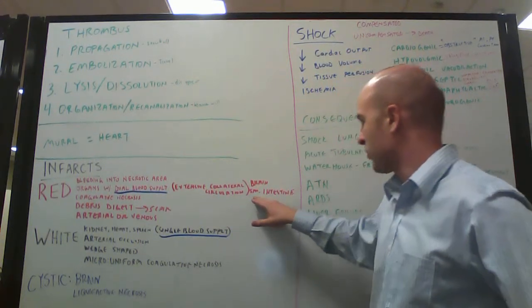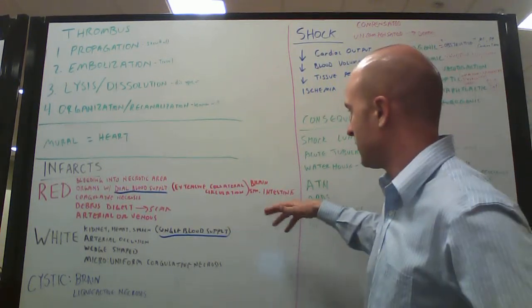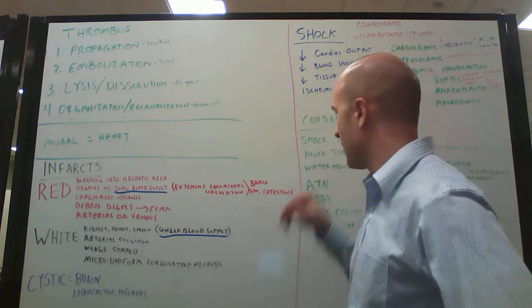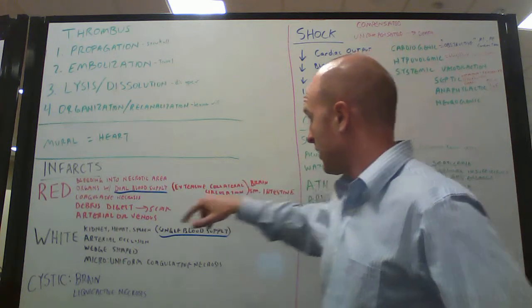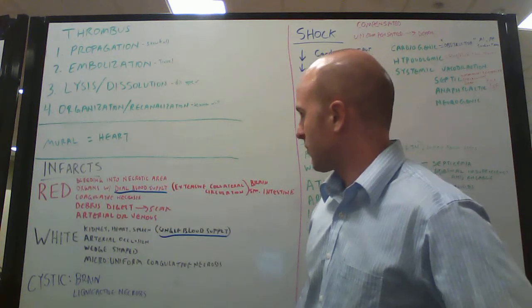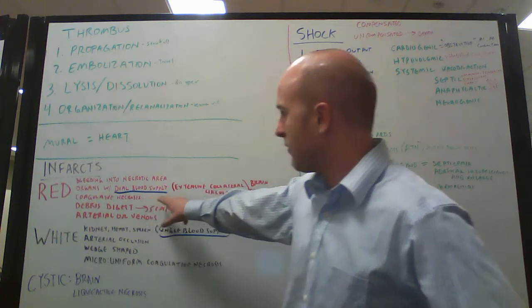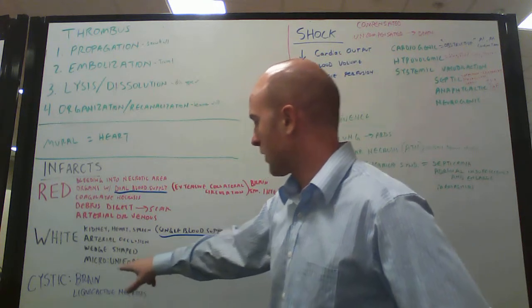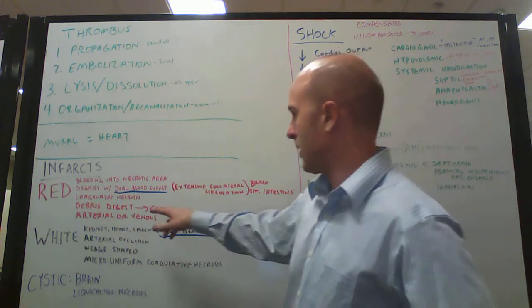It's usually going to be in the brain because there's lots of dual blood supply in the brain, or in the small intestine, which also has lots of dual blood supply. And I think it also happens in the testes, if I remember correctly. Maybe not. This involves coagulative necrosis, same as white. I think all white also has coagulative necrosis, but it says that the white's coagulative necrosis is uniform, so I don't know what that means, but